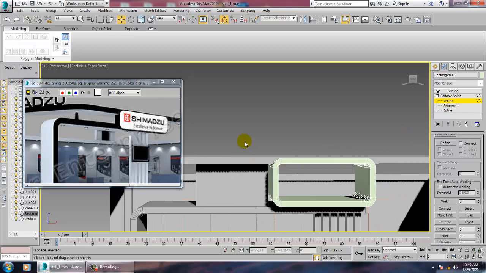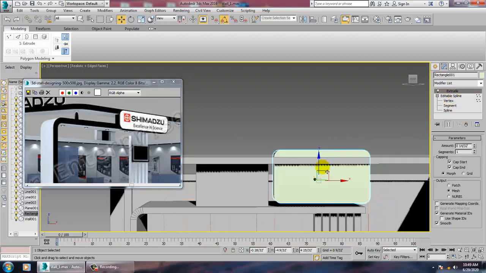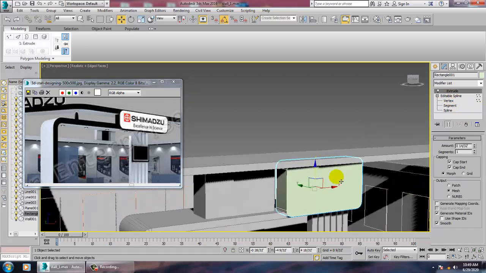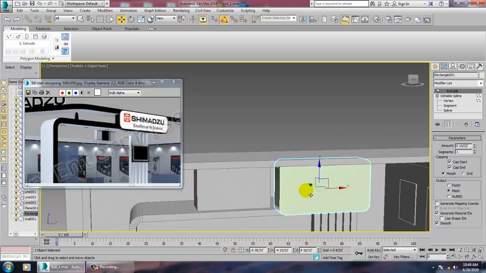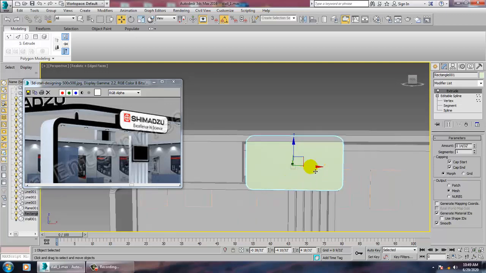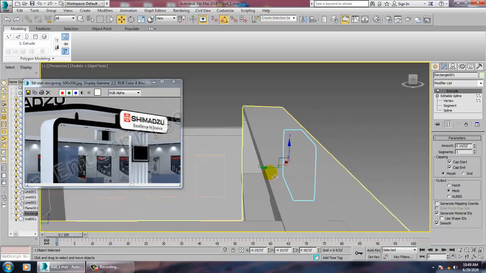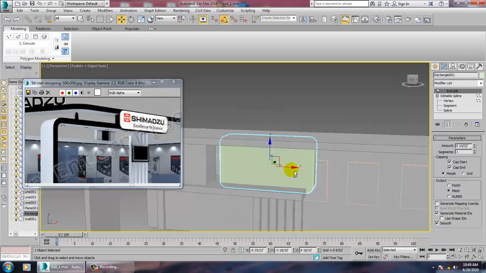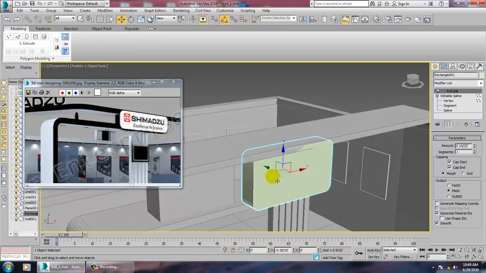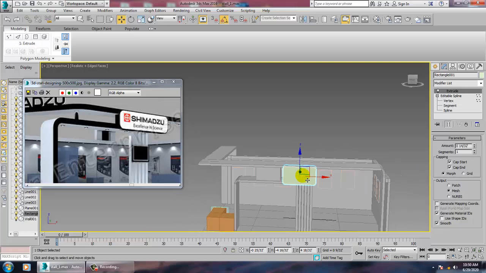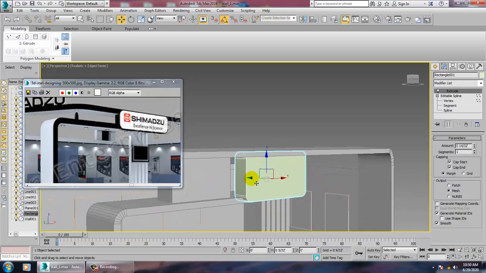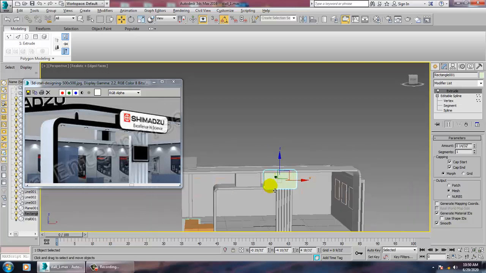Go into the vertices, just push this up, push it down over here. Much better. You can keep it in this way, or you can just push it a bit inside over here.